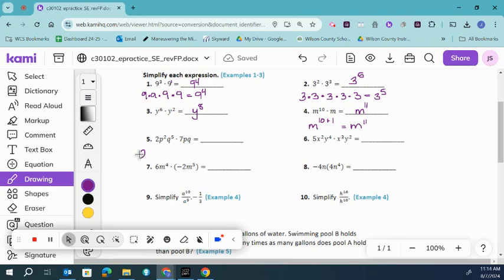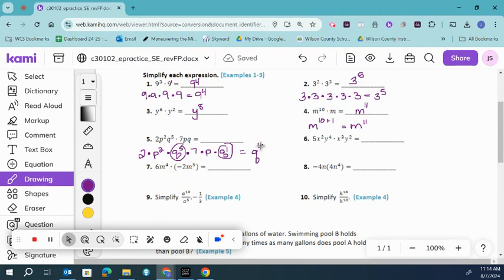So we have 2 times p squared times q to the fifth power times 7 times p times q. You can see q to the fifth and q to the first. We can group those, and that would give me q